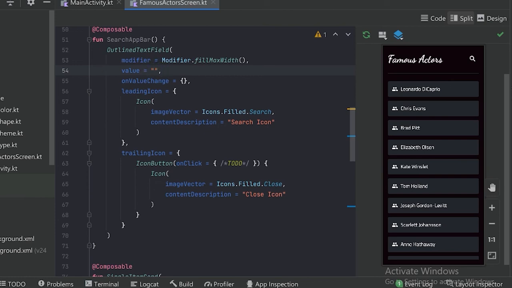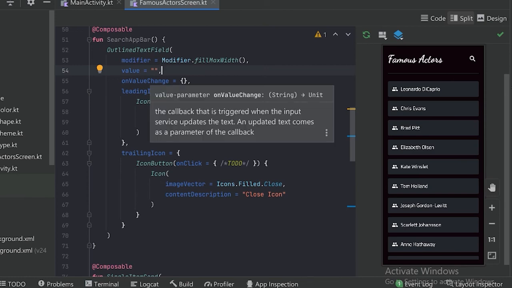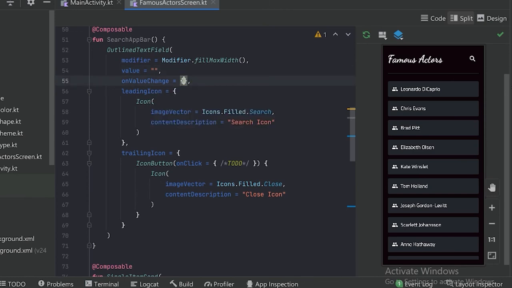In the next video we will give the functionality for what text will be shown in that search bar, and this on value change parameter means what will happen when we press on the keyboard, how the value will change. So we will give the functionality of these two parameters in the next video. Here we have used the blank,